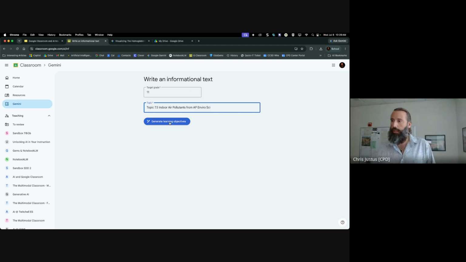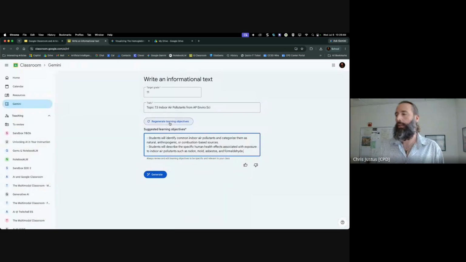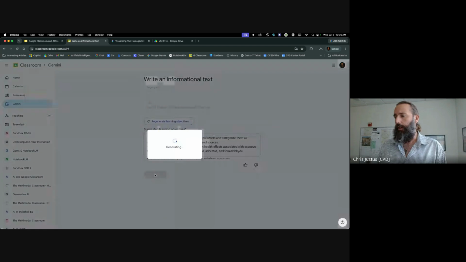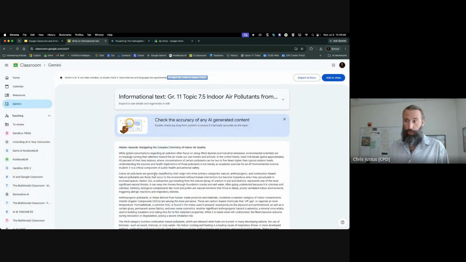Like generate learning objectives. You can modify those learning objectives, click generate. What I love about Gemini in Classroom is that it always gives you the same exact output. So if you start to find that style, you can sometimes, when we use gemini.google.com from the other tab,